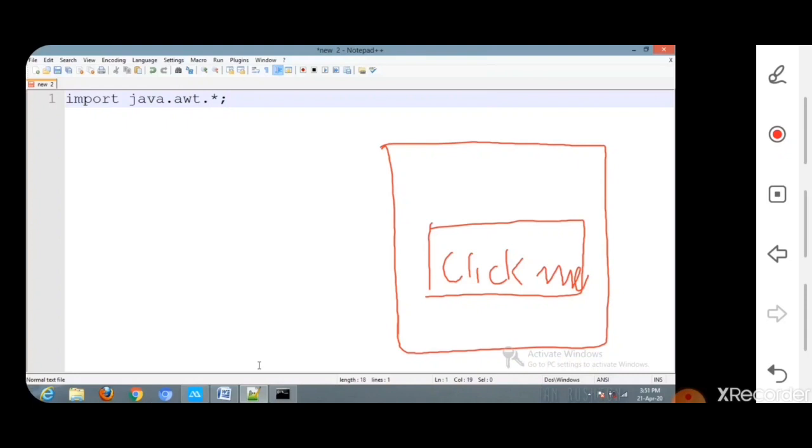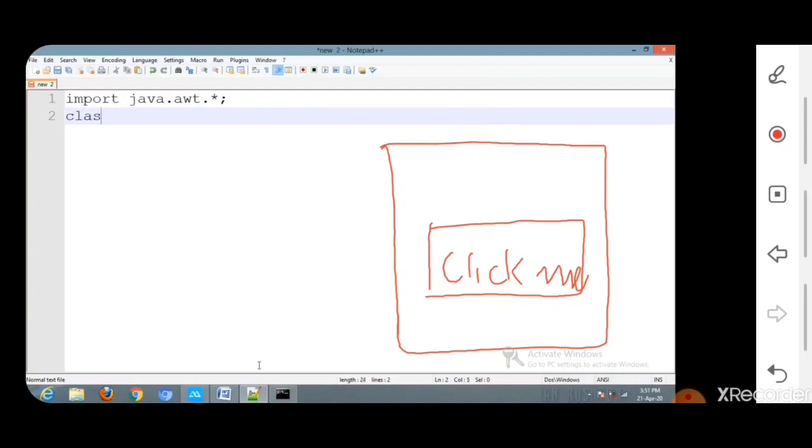Then create a class by extending the Frame class. In order to create a frame in AWT, we can use the method known as inheritance, that is, by extending the Frame class. So the next step is to create a class by extending the Frame class.